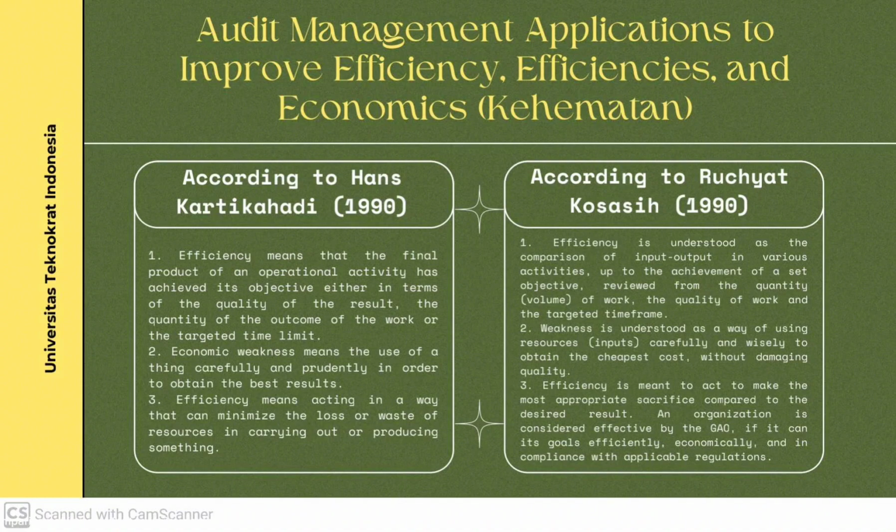reviewed from the quantity volume of work, the quality of work, and the targeted time frame. 2. Economic is understood as a way of using resources inputs carefully and wisely to obtain the cheapest cost without damaging quality. 3. Efficiency is meant to act to make the most appropriate sacrifice compared to the desired result. An organization is considered effective by the GAO if it can achieve its goals efficiently, economically, and in compliance with applicable